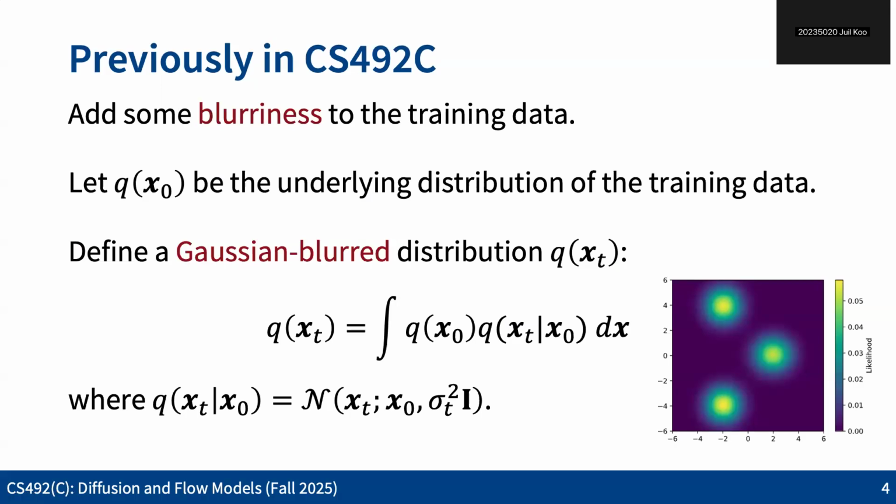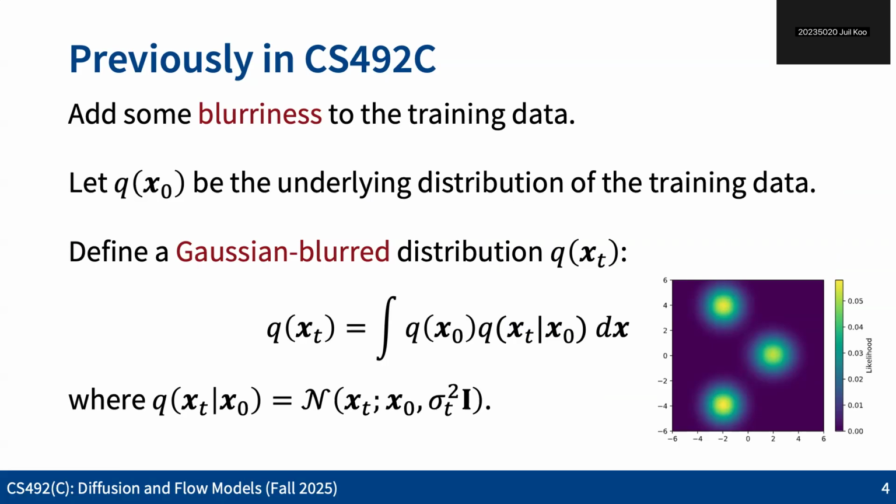Let's say this q(x_0) here is the underlying distribution for the data points that we have. That's the information that we don't know, right? We only have samples from q(x_0). So if we really want to directly sample data points from q(x_0), that will really be just picking one of the existing training data points. That's not what we want, because we want to make something new. So for that, we are adding some Gaussian noise,